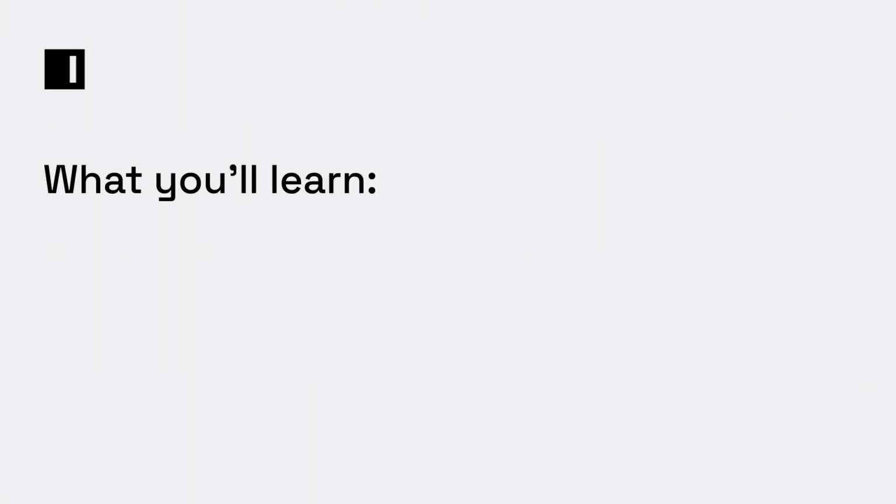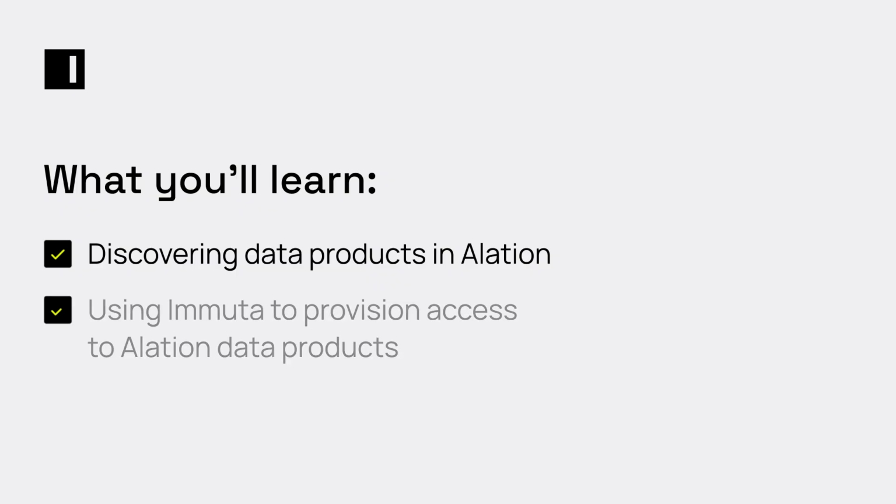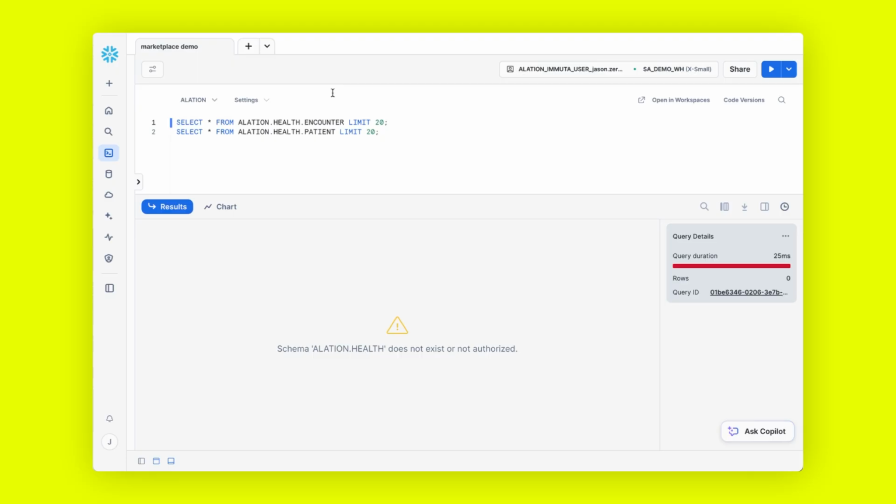building out together. In today's demonstration, we're going to look at how Alation makes it very easy to discover data products, and Immuta makes it seamless to then provision access to those data products. Let's take a look. If I am a data consumer, data requester, data analyst in my right-hand browser window, I